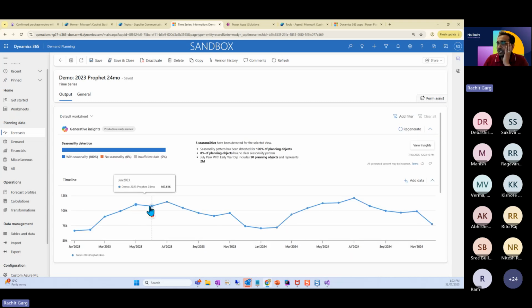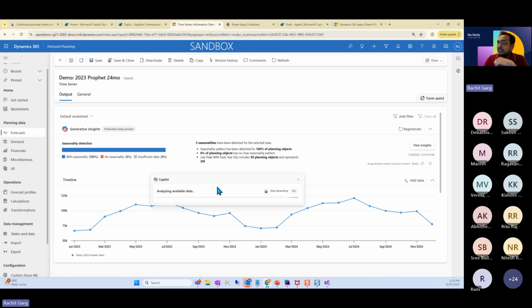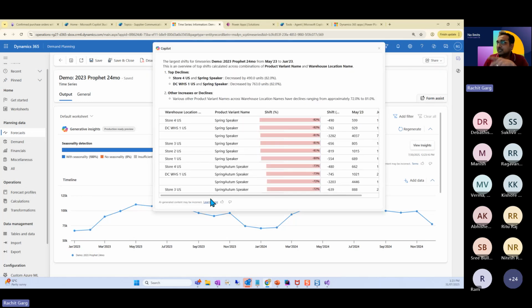But as we move in this graph, you will see a little Copilot icon. If we click on this, we can see how this particular value has been derived and what the shifts between a particular period were which created this data.